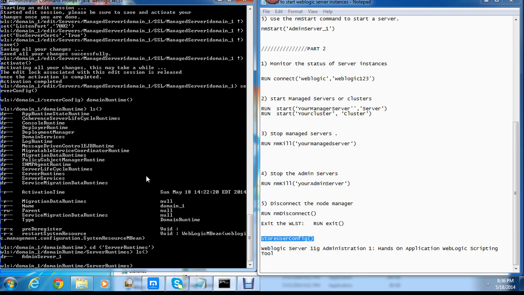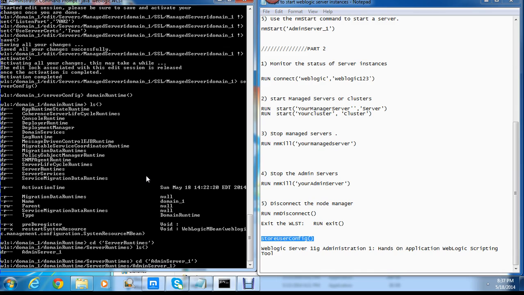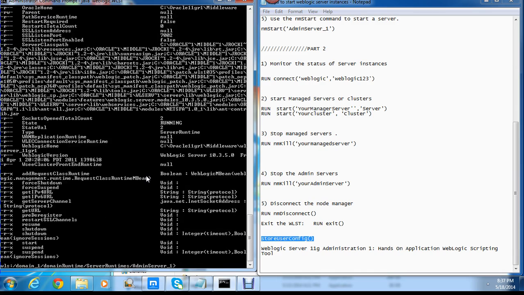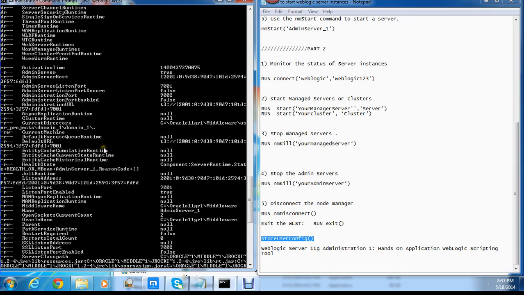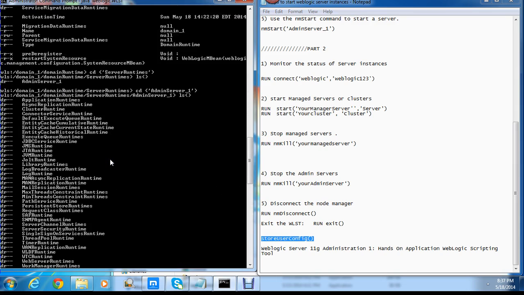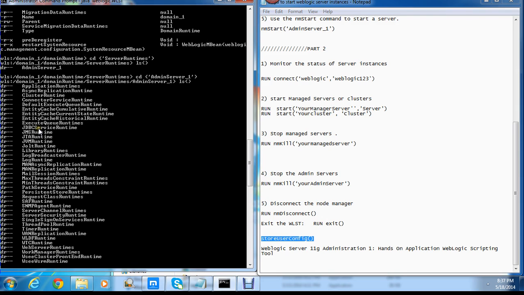and then ls. Currently I'm only going to be able to look into my admin server. So I'm going to cd admin server underscore 1, and then ls. Let's say I wanted to see what the listener port is for my admin server, but I'm not going to tamper with that. Let's say I wanted to look into my JDBC